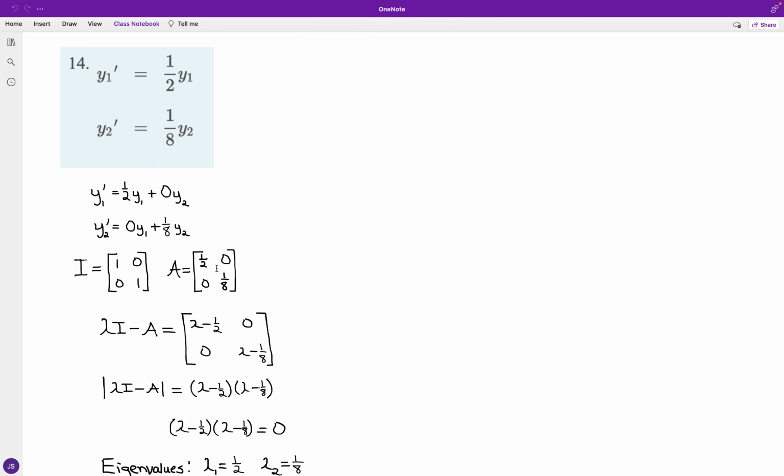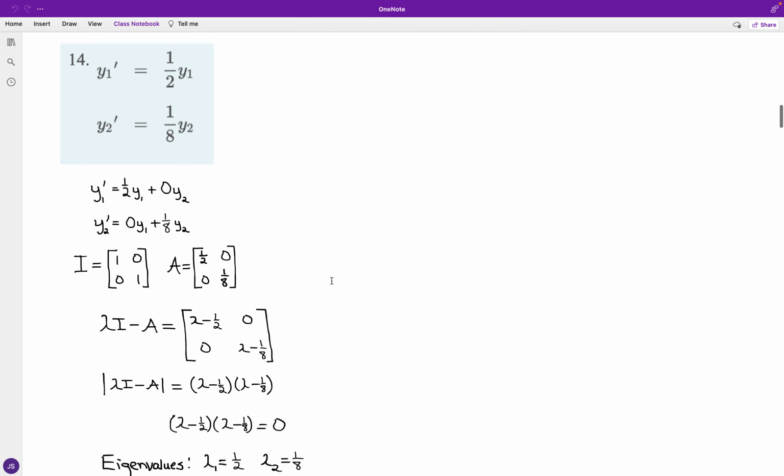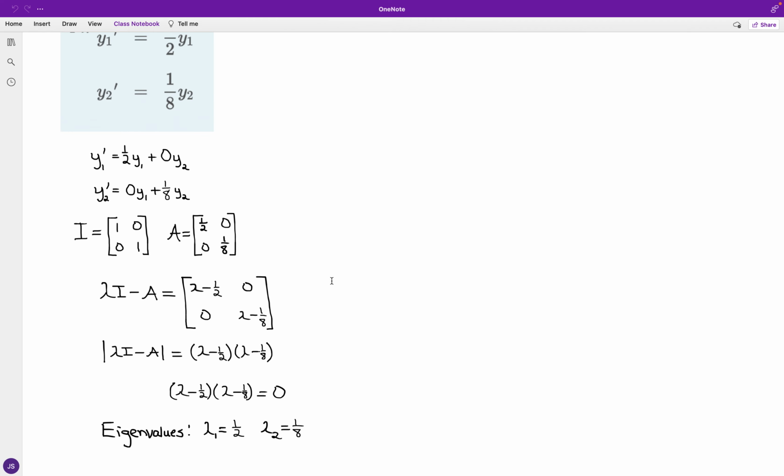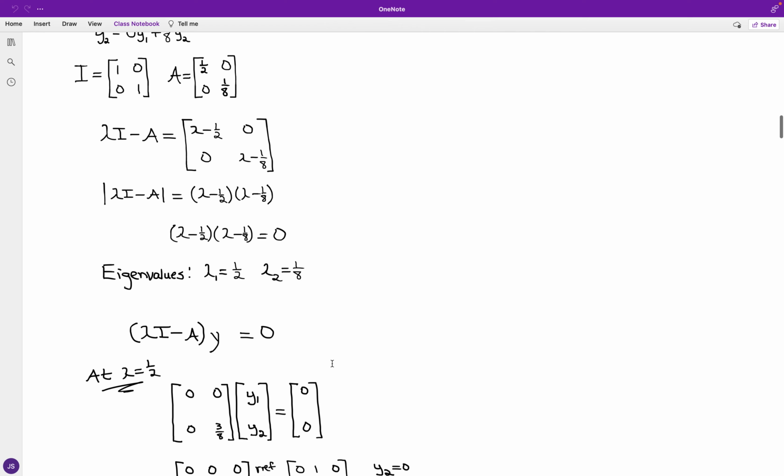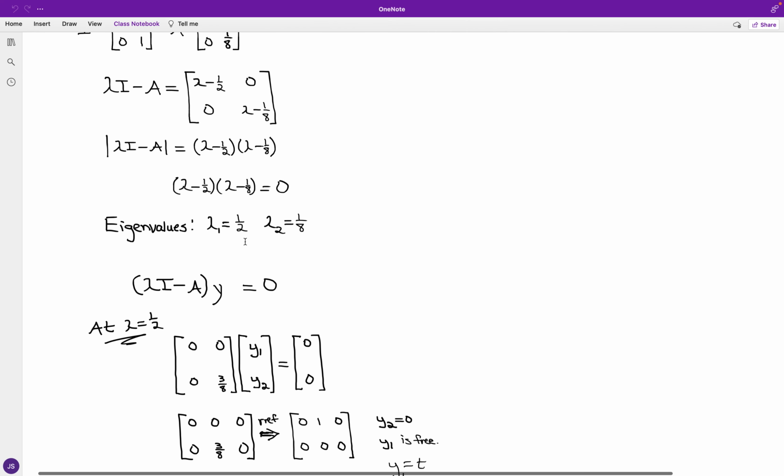That is just to ensure that we have the right coefficient matrix. So A is going to be 1/2, 0 at the top, 0 and 1/8 on the bottom, and again the identity matrix has 1, 0, 0, 1. Carrying out the determinant, we have lambda I minus A, which translates to lambda minus 1/2, 0, and at the bottom 0 and lambda minus 1/8. The product of these binomials in lambda forms the characteristic equation, and setting the equation equal to 0,